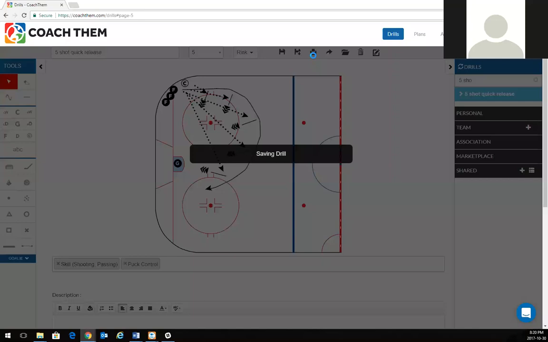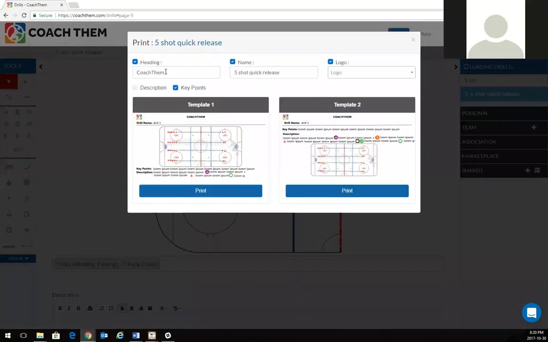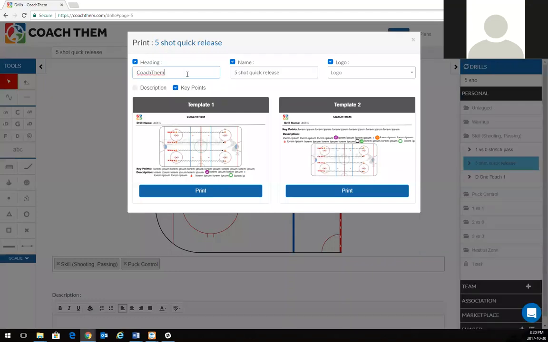We have a couple of different templates that you can choose from. Of course, you can adjust your heading. If I want the heading to be CoachThem, I'll keep it as that. You're going to have the drill name, the 5-shot quick release. And then I can add in my team logo here. So if I want to add in my CoachThem team,